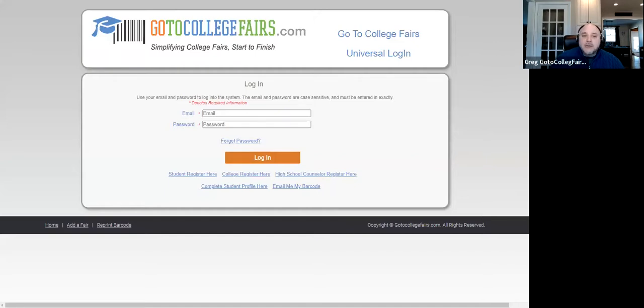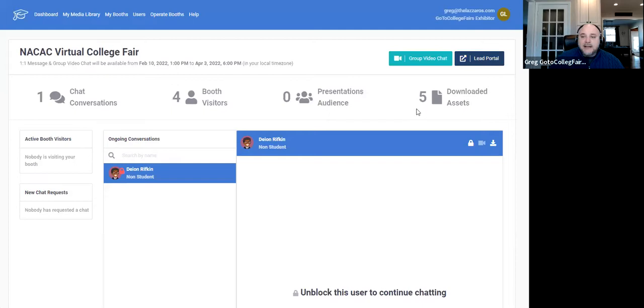What's important to note is we will be adding a function, actually probably within the week, that lists who your lead contact is here. So if I think it's me and it's actually Holly, I'll note that it's Holly here and I won't bother trying to access the leads because the lead portal wasn't set up for me, it was set up for her. So since that information is in NACAC when you register, we're going to be adding that here over the coming days. Probably within the next week, you will see the lead contact pop up here.